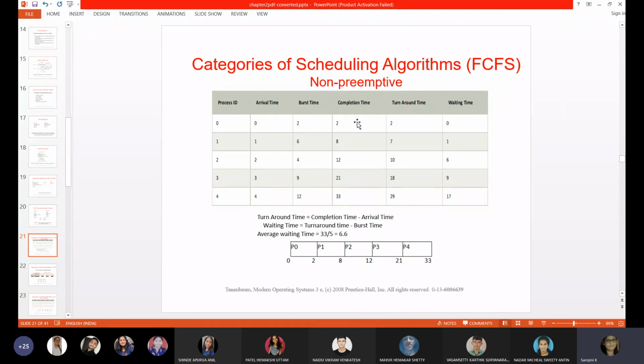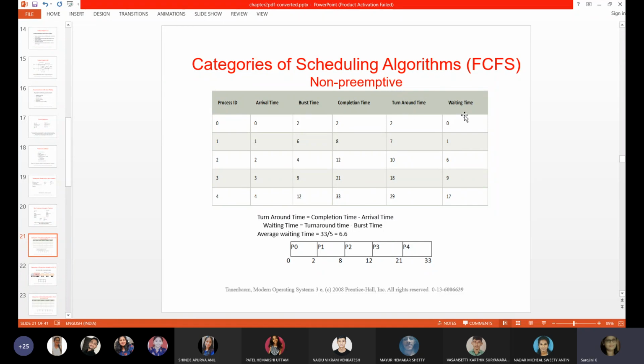Completion time: by looking into this Gantt chart, you can easily say the completion time. Process P0, 2 is the completion time. Process P1, 8 is the completion time. Process P2, 12. Process P3, 21 milliseconds. Process P4, 33 milliseconds is the completion time. That is given here. After you calculate the completion time, you will calculate turnaround time, because turnaround time is required